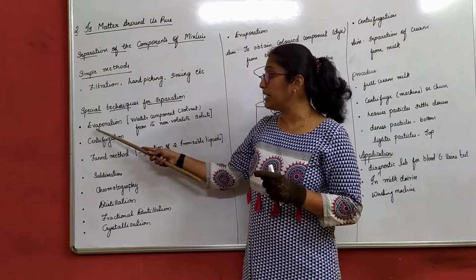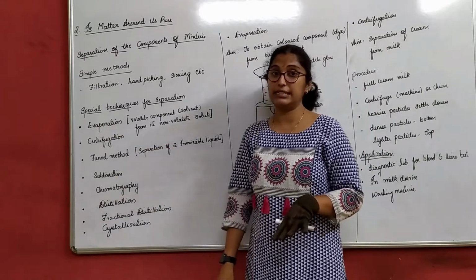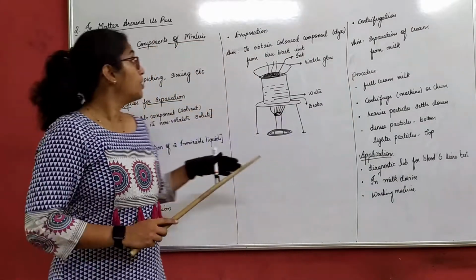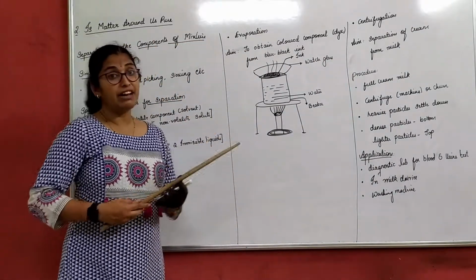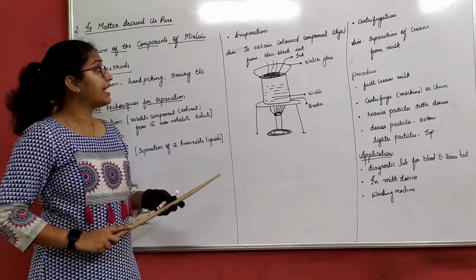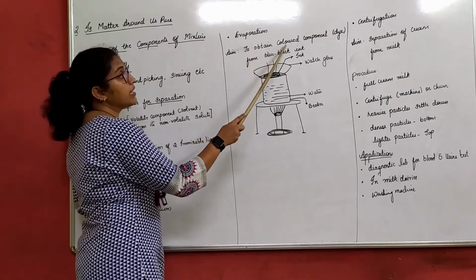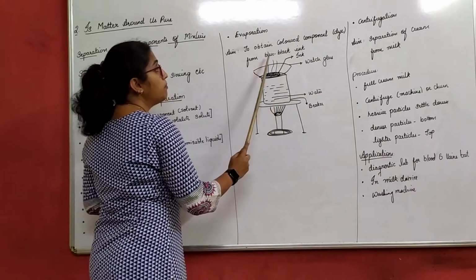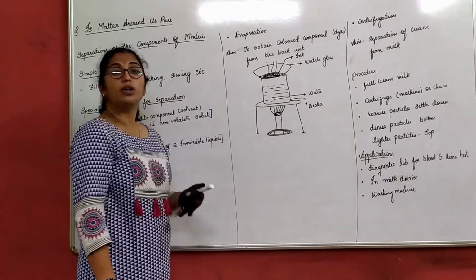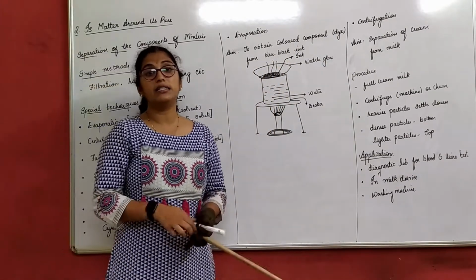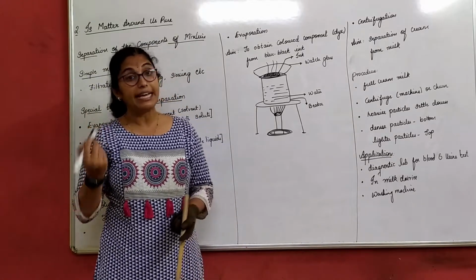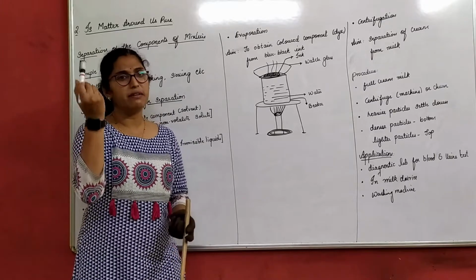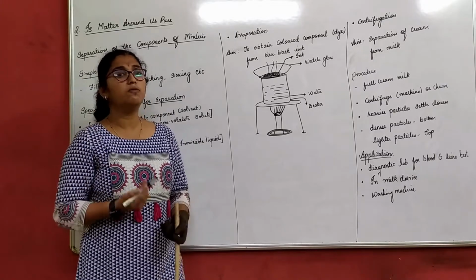We will be studying each and every method in detail. Let us first start with evaporation. So what is it here? In the evaporation method, what is our aim? It is to obtain the colored component, which is nothing but a dye, from blue-black ink. Now what is this blue-black ink? It is the ink we use in our ink pen, basically, right? Or the ink we use in our marker sometimes, anything, a blue-black ink.